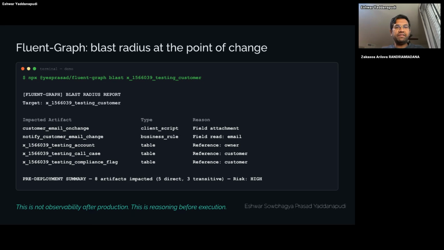And it gives the developer an insight. So this is the Fluent-Graph CLI, which can be used by a developer before actually making a change. Also, as I was speaking, this is the blast radius command that the Fluent-Graph exposes. And once we pass in the artifact that we want to visualize, or want to know the blast radius of